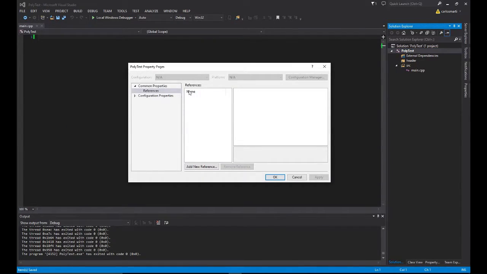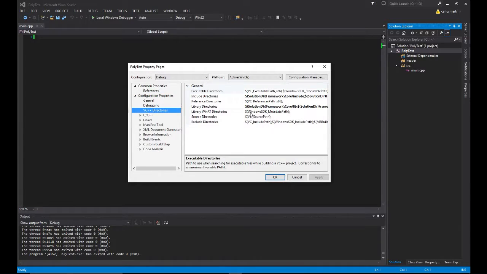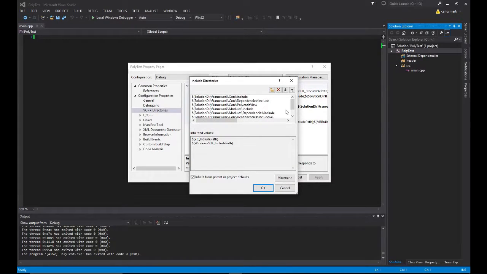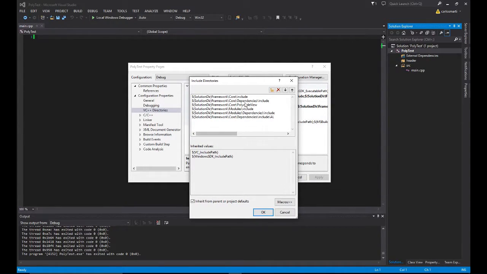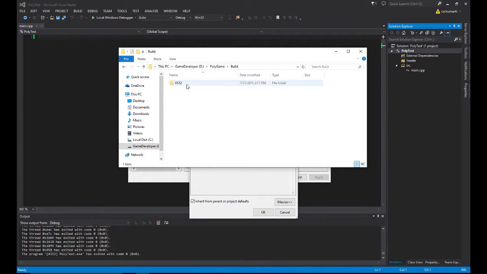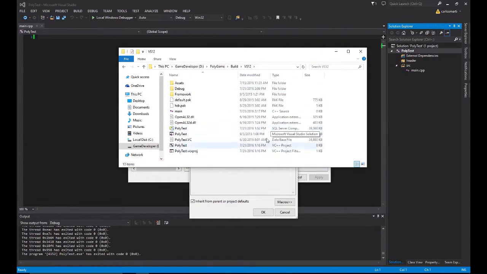So in your projects, your directories, this is something people always have a problem with. So this is all of my directories that I'm bringing in. Solution directory. So if I go into my solution in here,